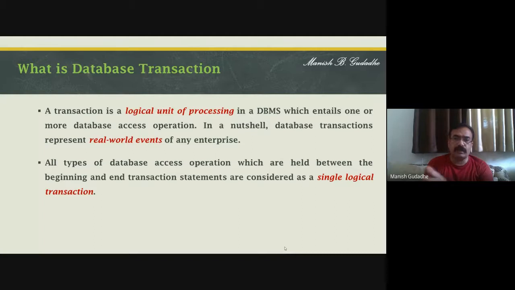Okay, so these transactions are the logical units. In this case, the logical unit is purchasing an item from a shopping website, which includes the selection of the item, putting in the order information, the quantity, and doing the payment. So all this together is going to give me a single transaction, which will help me to buy a thing. But if any of these steps is declined or not properly executed, the whole transaction is rolled back. We are going to revert the entire transaction.